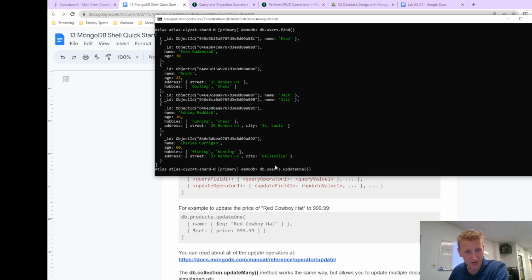So that's the first argument, comma, second argument, and the method. Okay, so we're going to search where the user's name is Evan. We don't need that EQ syntax. And we're going to $set colon name